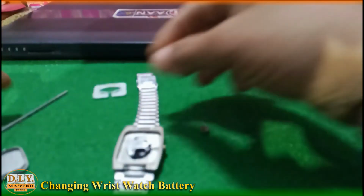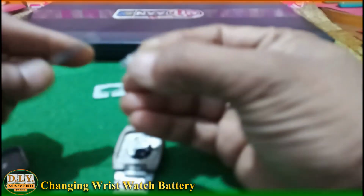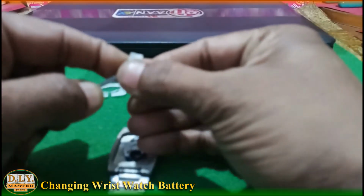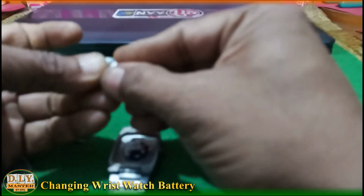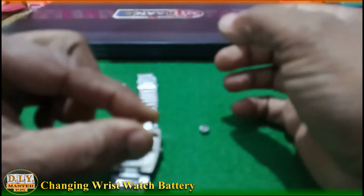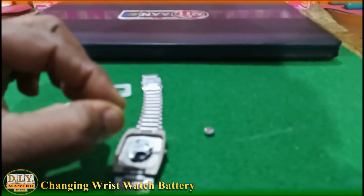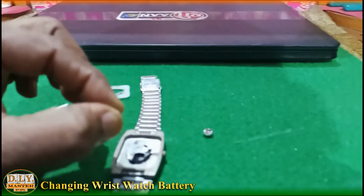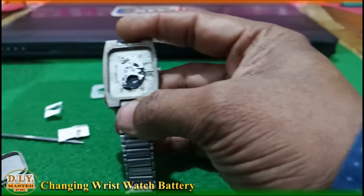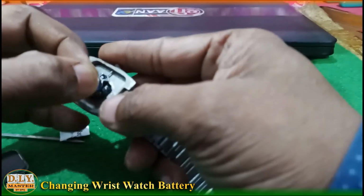Now we can unwrap the new cell. That is basically a Maxell branded cell, and now just put this cell into the given space like this,